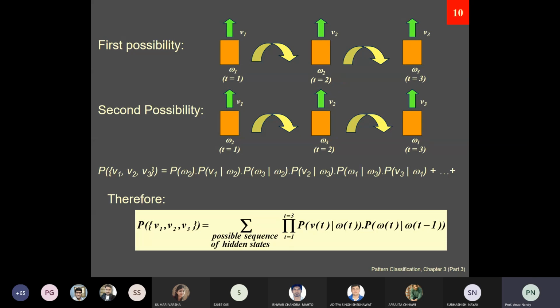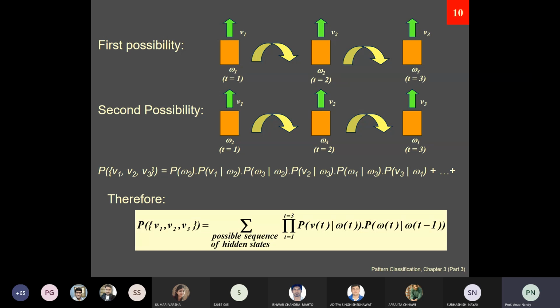So now, as I explained to you, you have the first probability: W1 at t is equal to 1 emits an output symbol V1. Then there's a W2, another hidden state, at time instance t, because you are handling the temporal pattern, so V2, then V3. So that is the first probability. Then the second probability: at t is equal to 1 there's W1 and V1, then if you have another sequence, that is V2, V3 and V1.